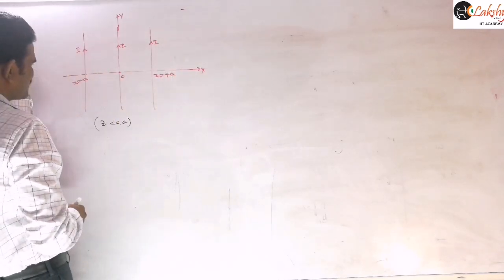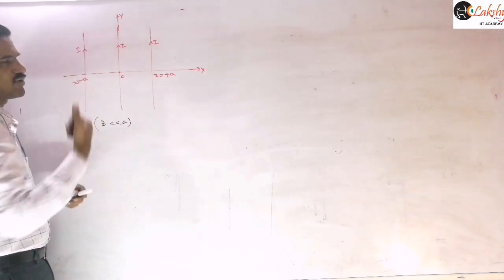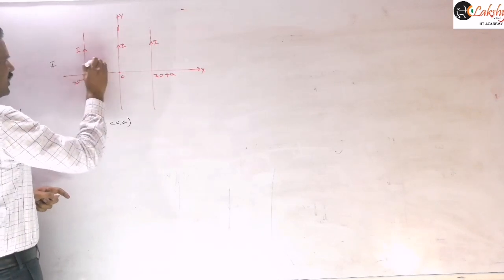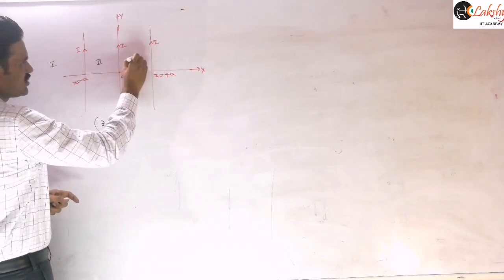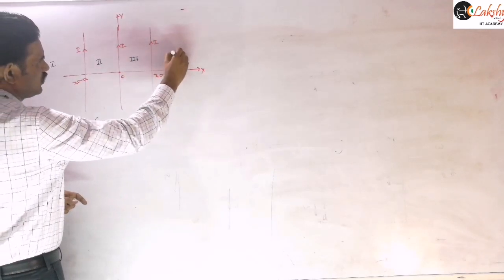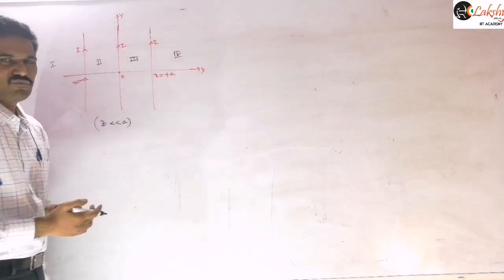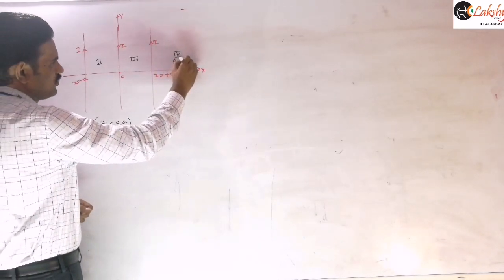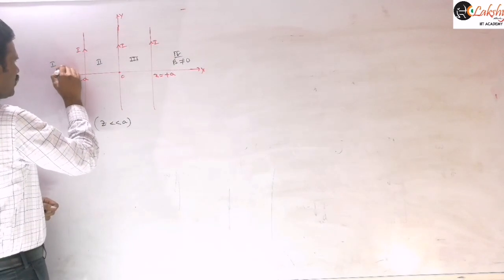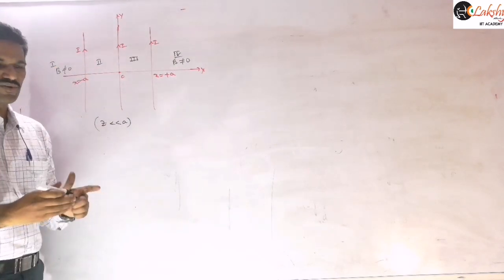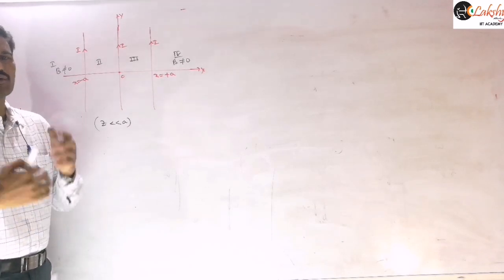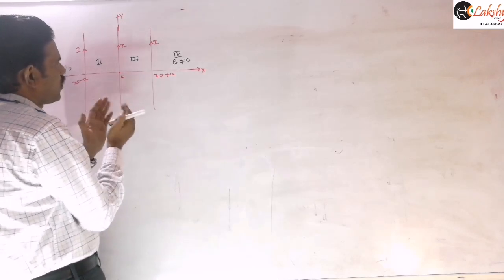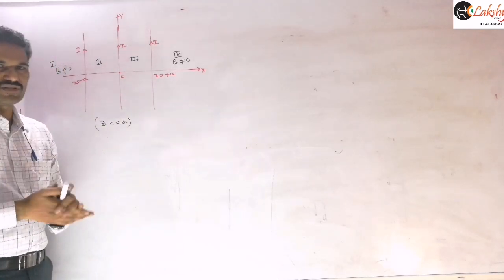And similarly this side also, for the same reason, the magnetic field will be out of the plane. Suppose I am taking this as region 1, this is region 2, this is region 3, and this is region 4. So in regions 1 and 4 there is no chance of getting the neutral point. So B is not equal to 0 in this region, and here also B is not equal to 0, because all the three conductors are producing the magnetic field in the same direction. Now if you are taking regions 2 or 3, the magnetic fields you will get in opposite directions.